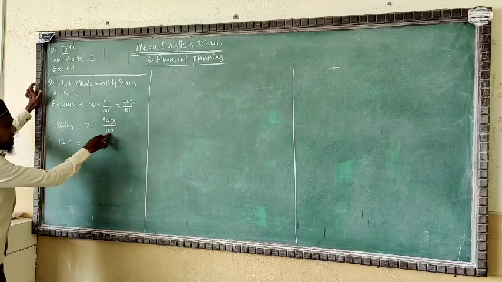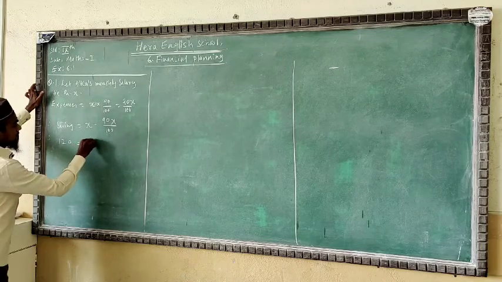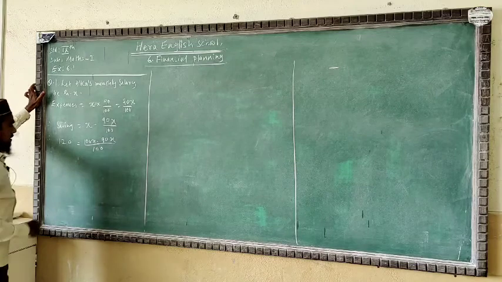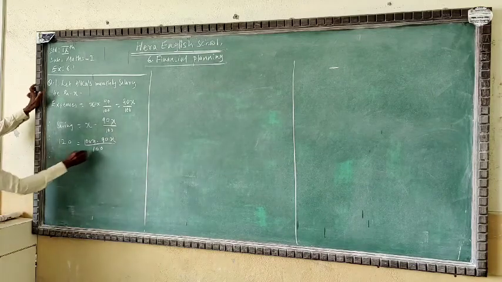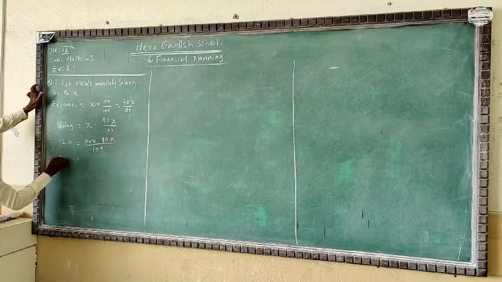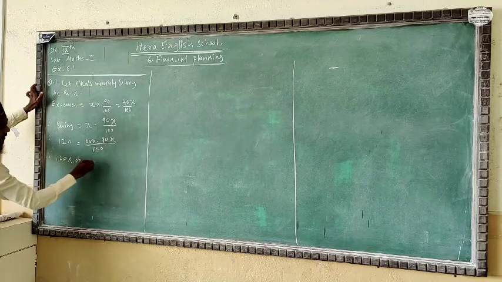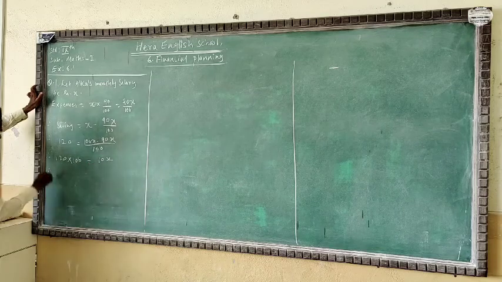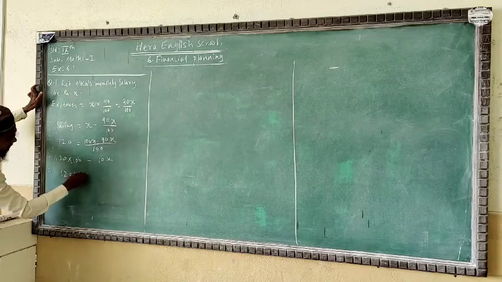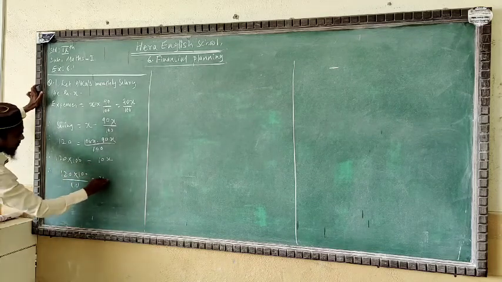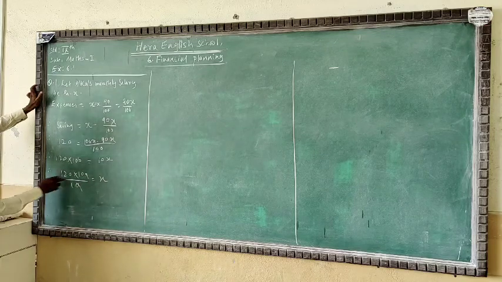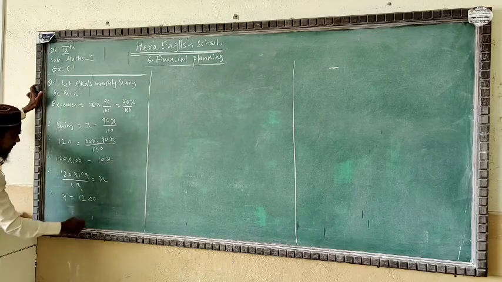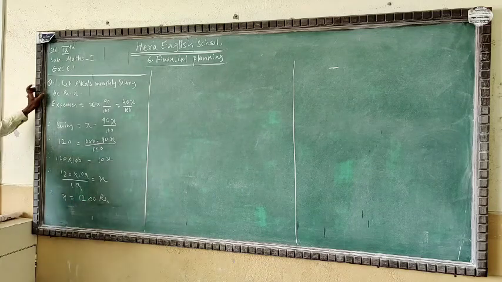Now the calculation is 100 into X, we will get 100X minus 90X upon 100. Now see very well, this 100 is dividing, bring it to the left side, it will multiply with the 120. Now 100X minus 90X, you will get 10X. Now continuing, 120 into 100 divided by 10 is equal to X. The zeros cancel. 120 into 10, you will get X is equal to 1200. This is her monthly salary.